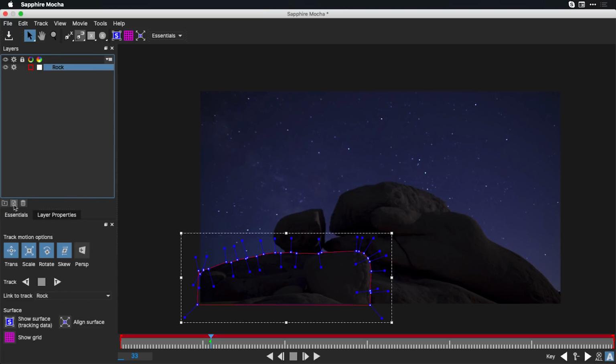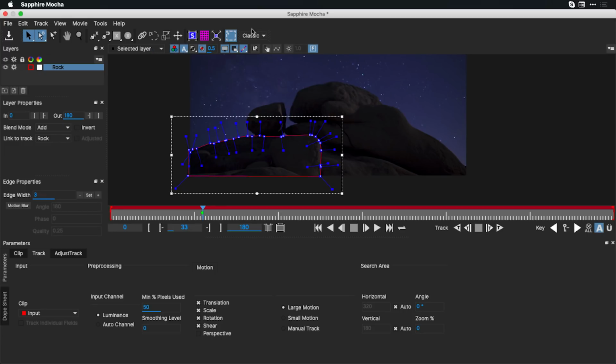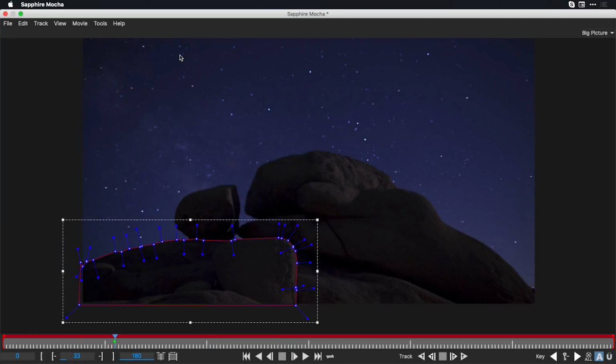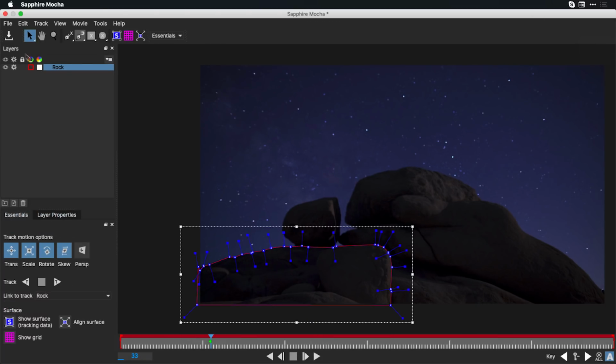All of your favorite track mocha options for your shapes are located down here, as well as tracking options. And again, if you need to go to the classic tab, you can easily switch between your essentials and your classic workspace, along with just being able to have a much bigger picture when needed for your particular workflow. Head back to the Essentials workspace,